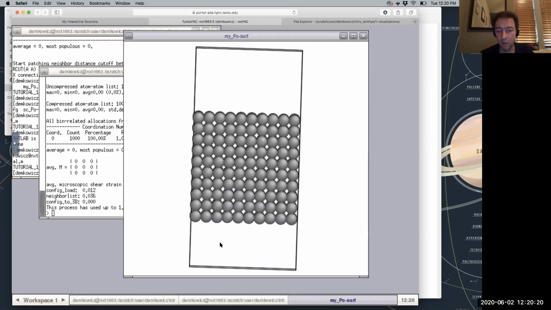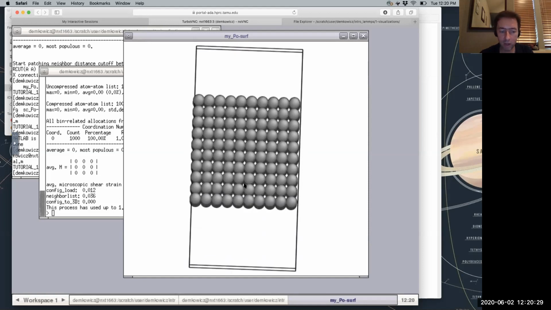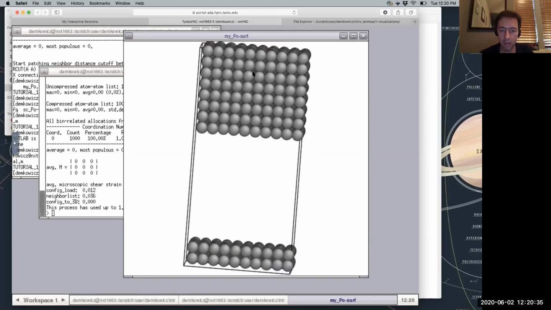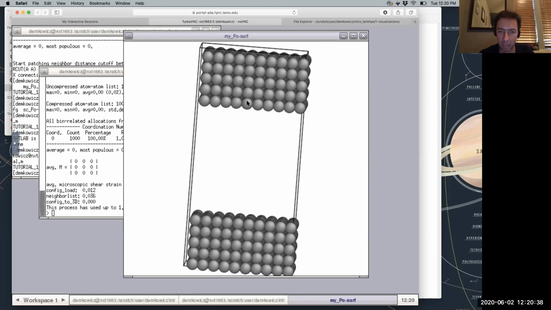Now here, of course, there actually is a gap because I've introduced free surfaces up here and down here. Right? So the way that I'm modeling the free surface, notice that I still have periodic boundaries in the z direction. Right? So if I were to translate this in the z direction, I still have periodic boundaries. It's just now I have this big gap, right? And this gap, of course, is much, much larger than the interaction distance between atoms. And so these atoms here are going to feel like a free surface, and these atoms here are going to feel like a free surface. So this is how I've made a free surface.